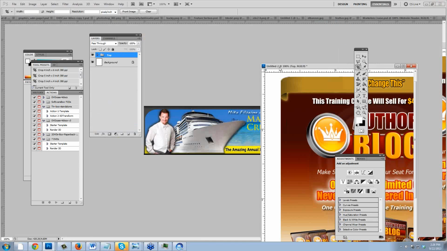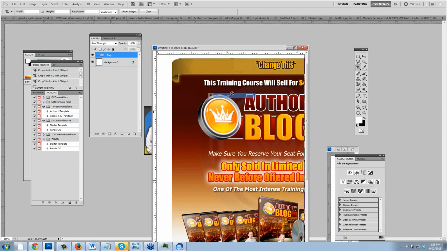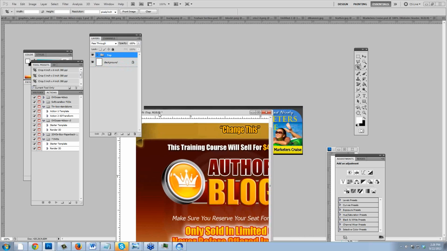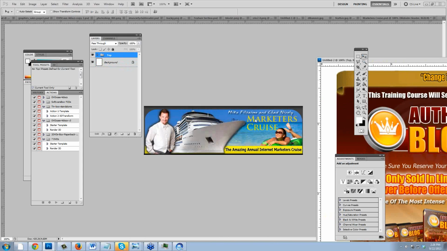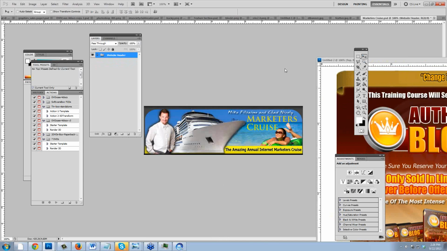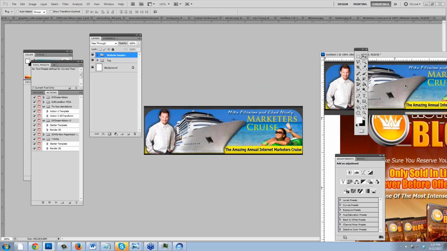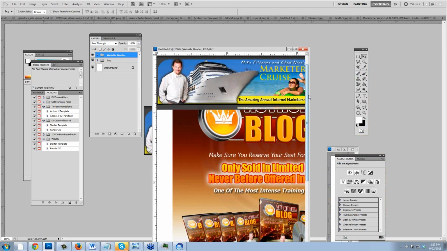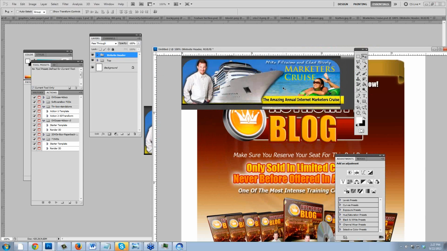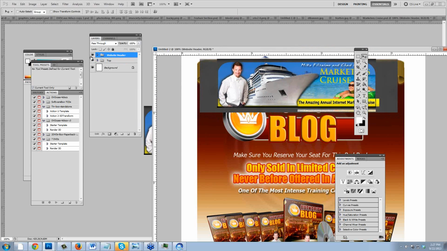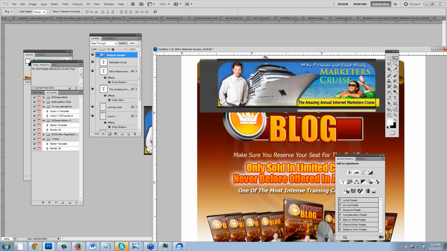If, for some reason, I want that layer on this template here, I can do it as long as I'm not on the same layer. Let me see, am I on the same layer? Hold on a minute. Website header, okay, and then I want to bring it over here, website header. So there you go. See, that's how easy it is. Now I brought that whole entire group over, and I can make changes right here on the header itself. I can say Chad's Cruise. See how easy it is? That's it, guys. Very simple stuff.